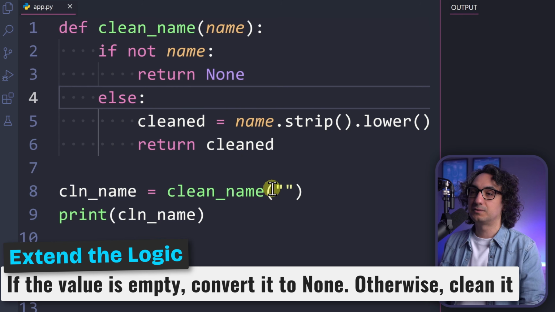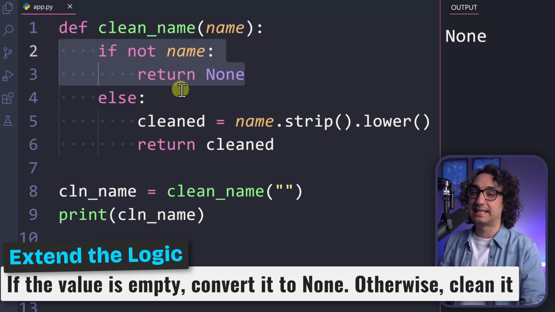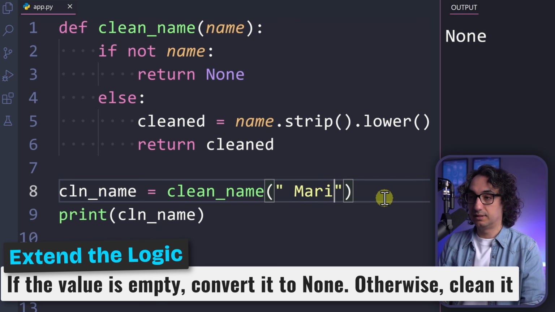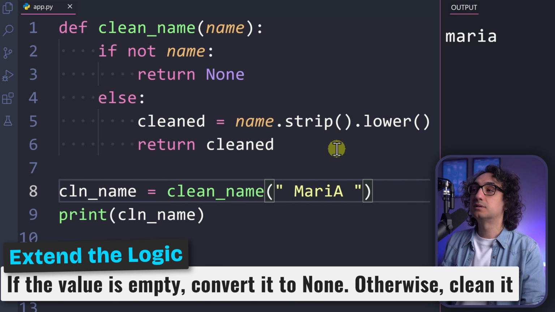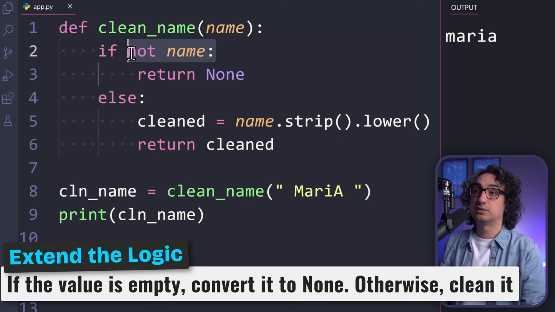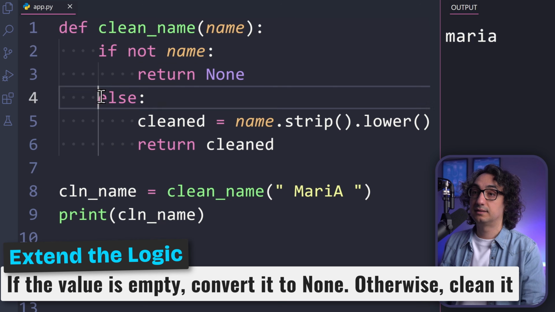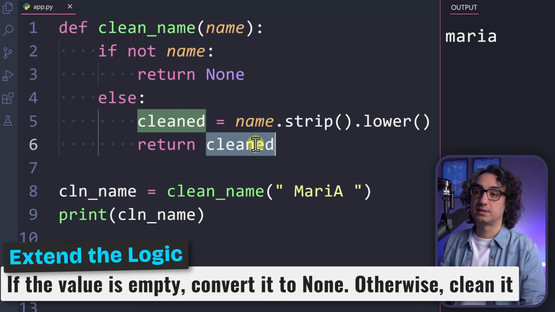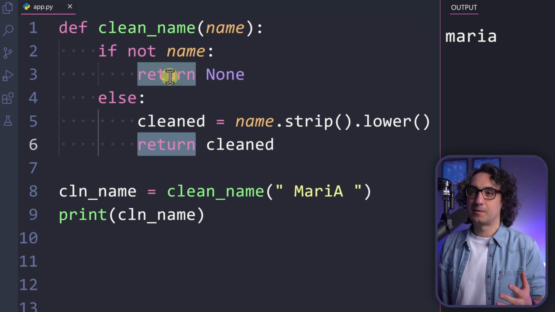So now let's try this out with this empty string and execute it. Look at this, in the output we are getting None. So that means the if statement is activated. We fulfilled the condition of the if statement and it is returning the None. So we are not returning the name or the variable. Now if I say Maria like this and then execute, it is not fulfilling the condition because it has a real string value and it is going to the else. So it is processing the name and returning the processed name. So that's it about using more than one return.